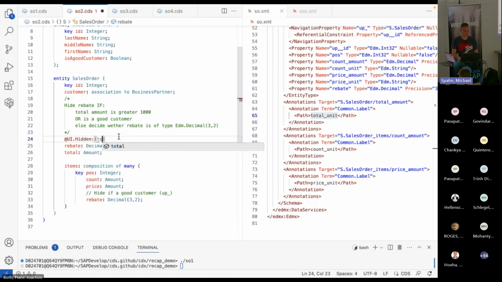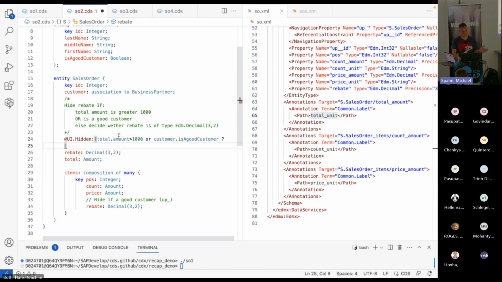So the total amount is then total.amount greater 1,000. Or now we have the customer. Customer is a good customer. Then question mark, that's our condition,